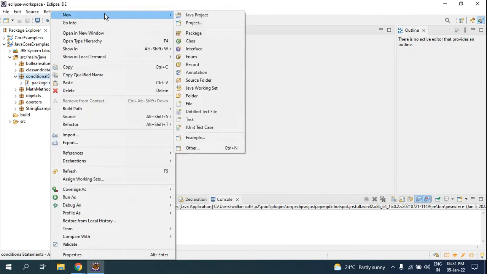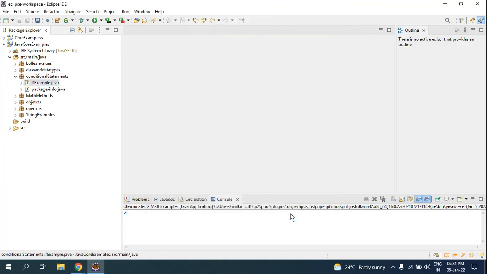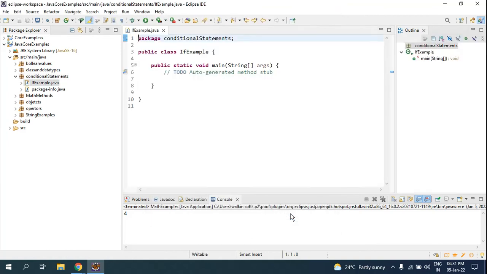First condition will be the if example. I'll use public static void main. So how exactly does the if condition work? You have to first give a condition. The syntax will always be if, condition, and the output.